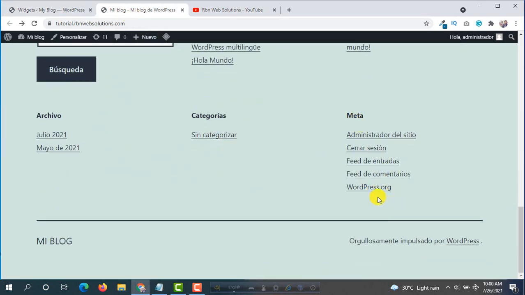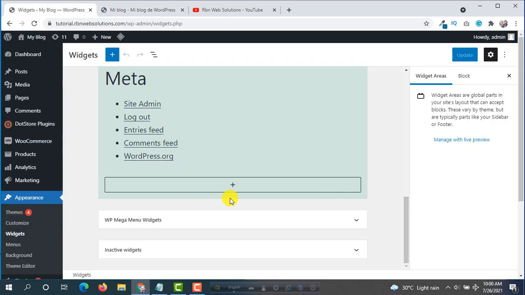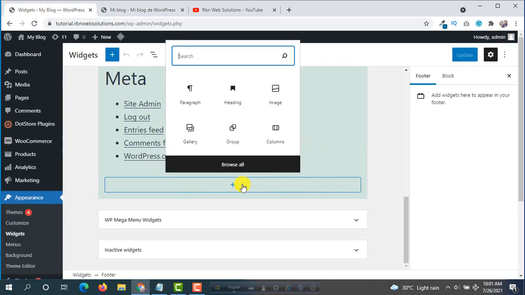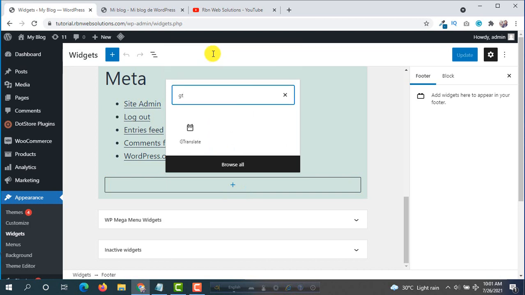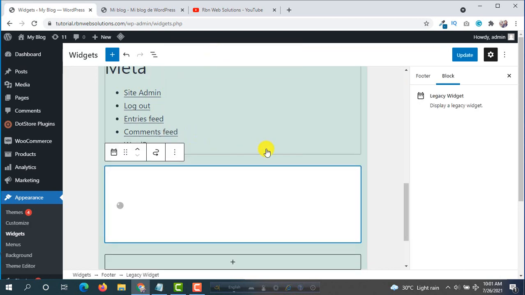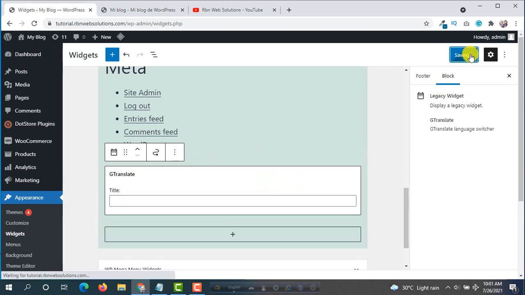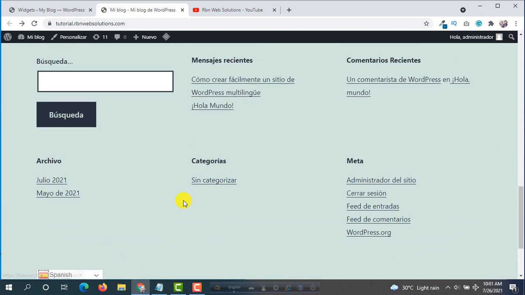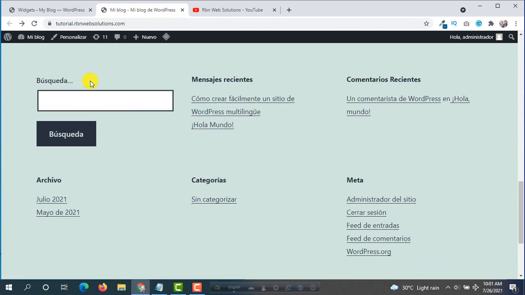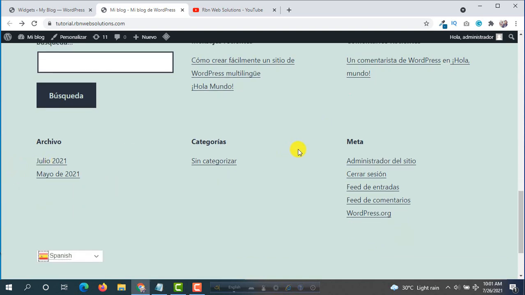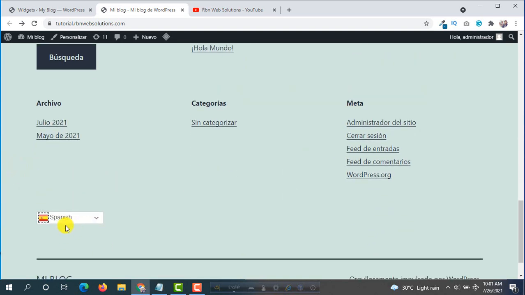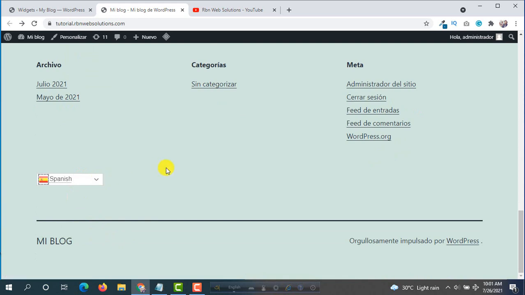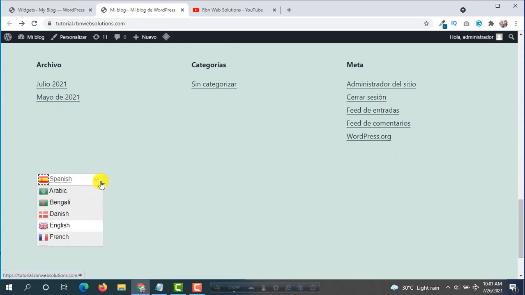This is meta, so under it I want to display the language switcher. Then click on plus icon and search for ZTranslate, then select it, and now update, reload the website. It's showing here because in the footer section we selected 3 columns, that's why 3 columns are done, and now it's a new column. So here the language switcher is showing.